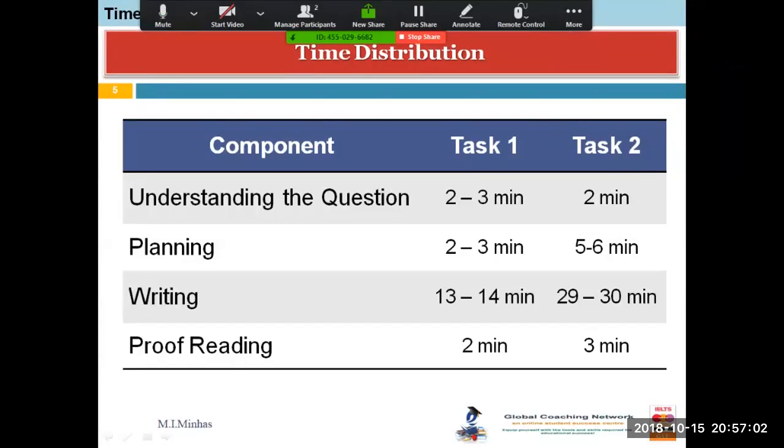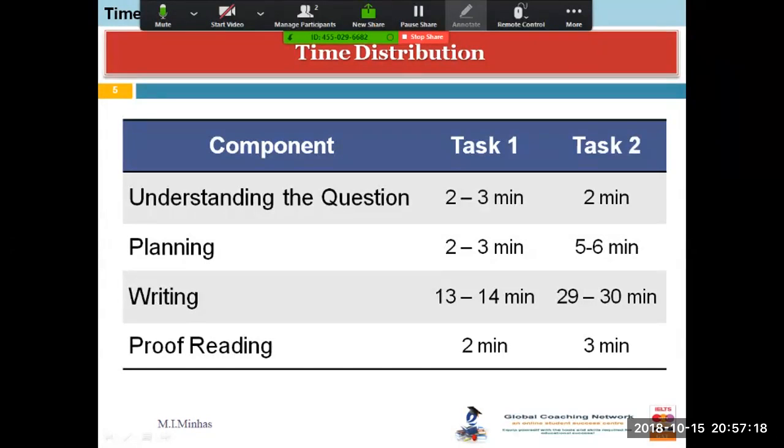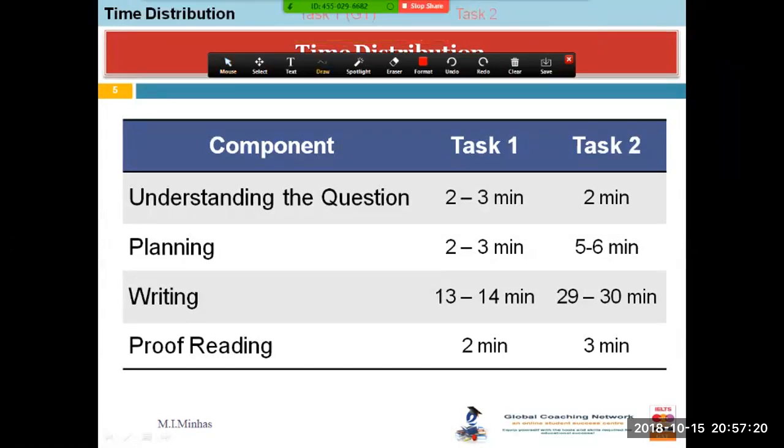So let's start today's lesson. Today I'm going to teach you about IELTS writing task one for the general training module only, right? And in our previous lesson, in which we discussed this time distribution, let me give you